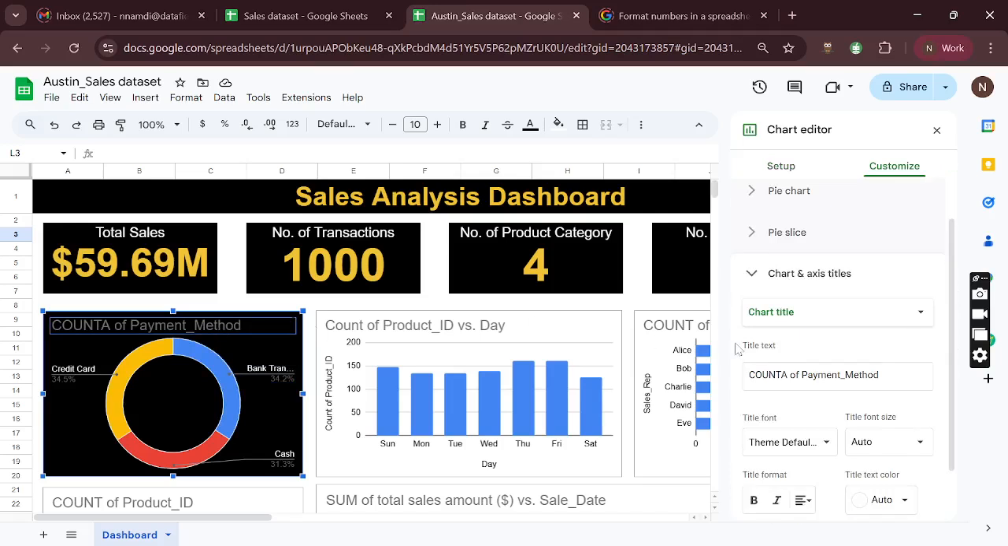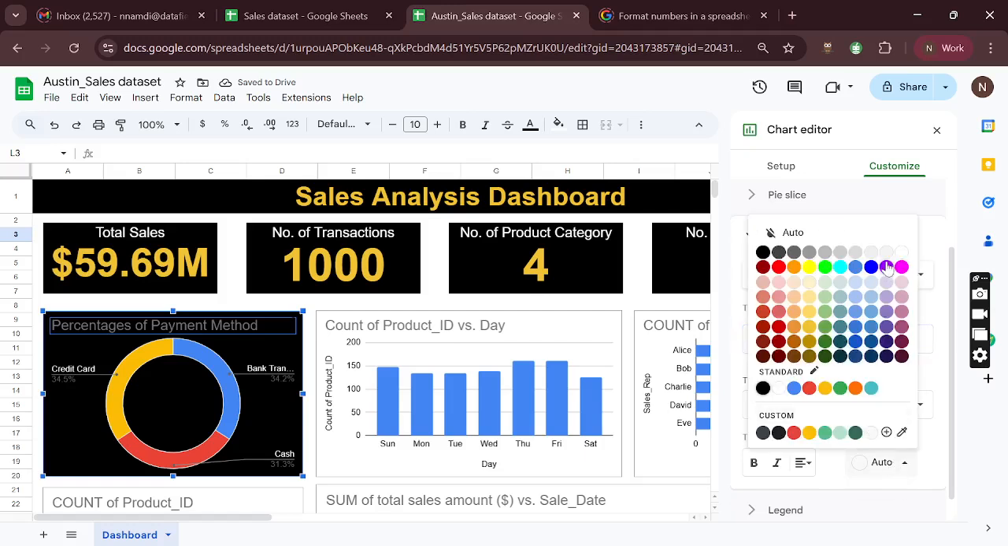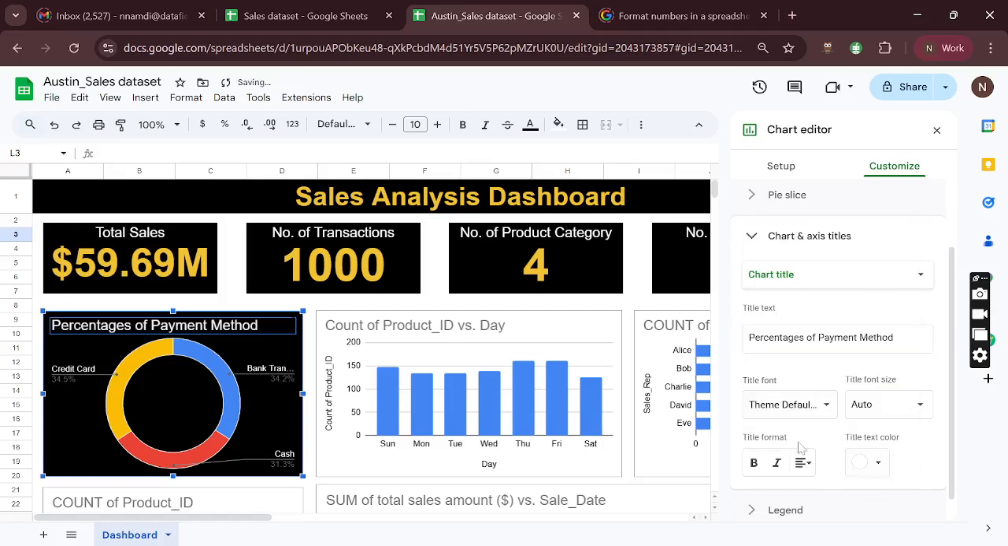Let's change this title to payment method, distribution of payment method, right? Or percentages of payment method. How do we call it? Let's call it percentages of payment method, right? Okay, and this should be white, right? As the other titles, it should be centralized, and